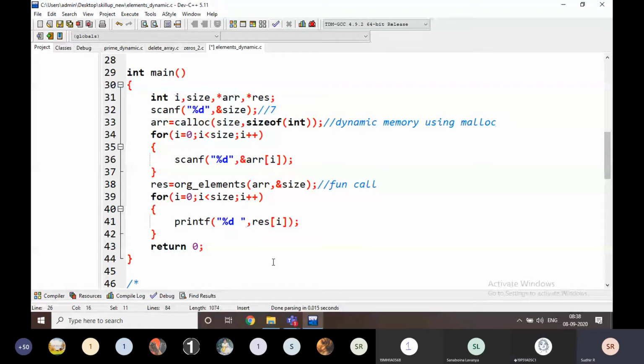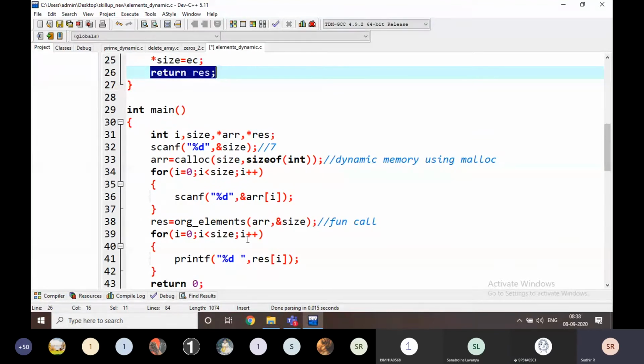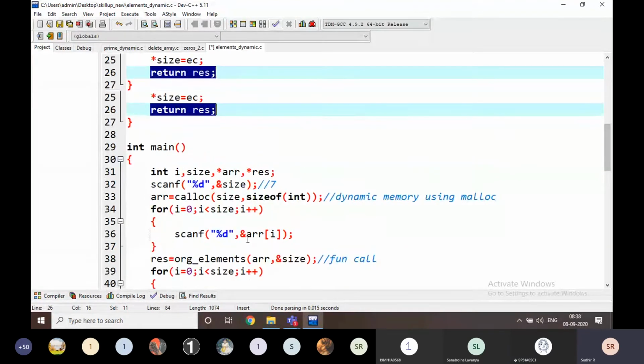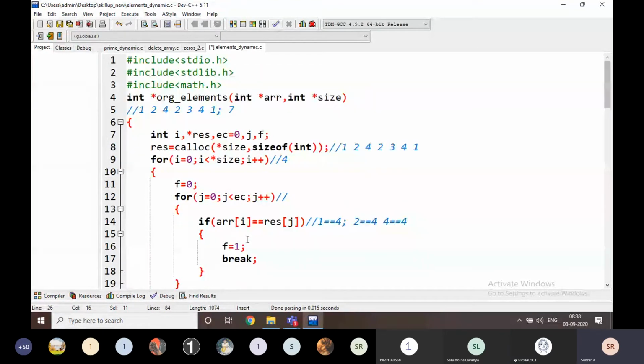Over, sir. All right. Then this is the function definition. Note down up to here.